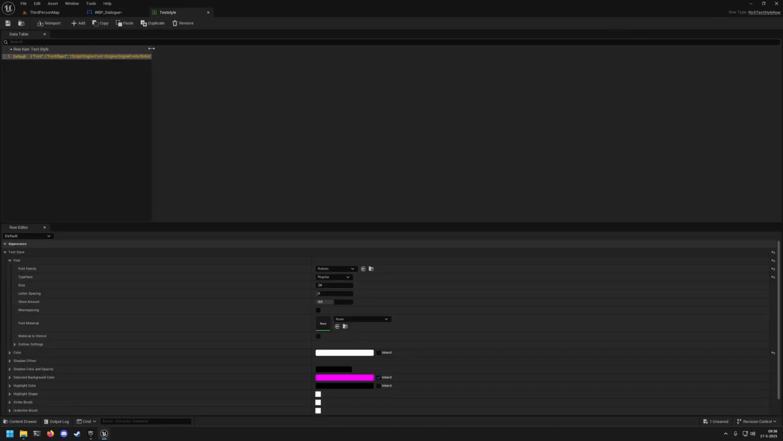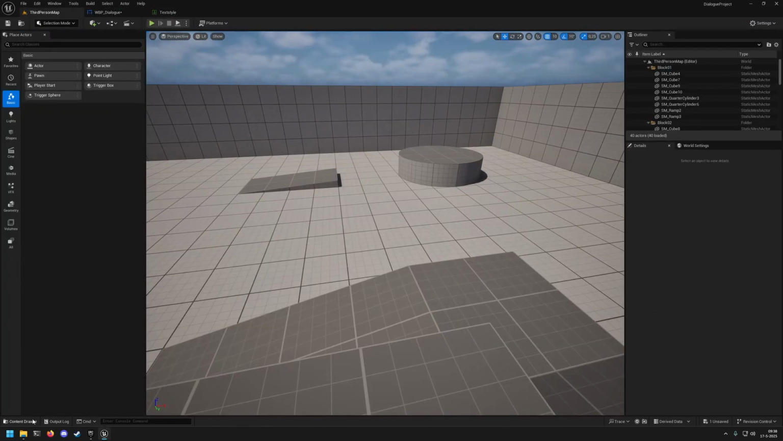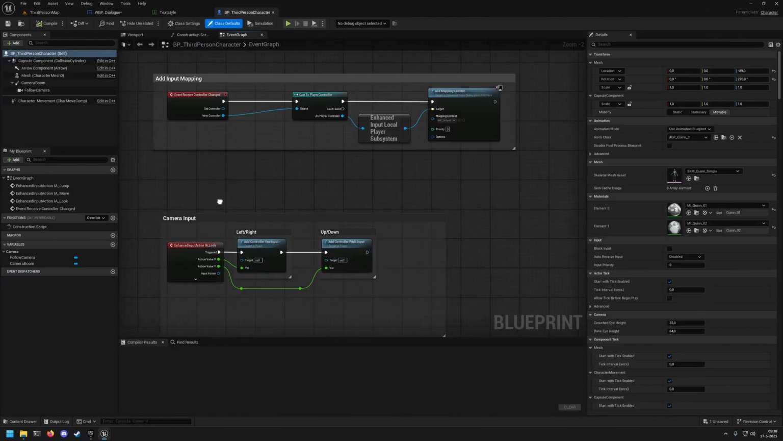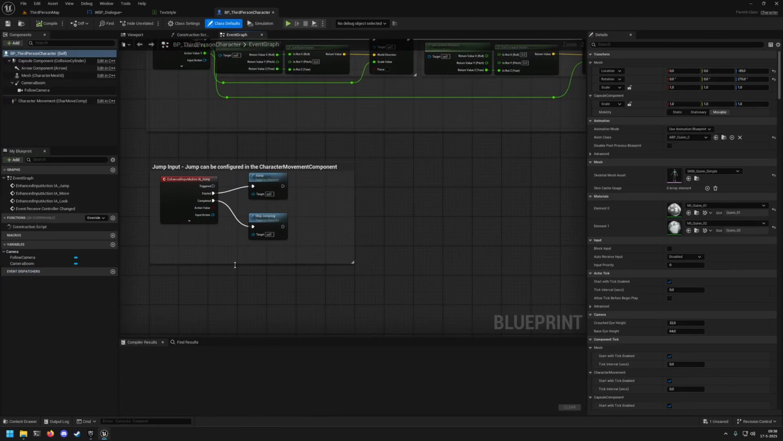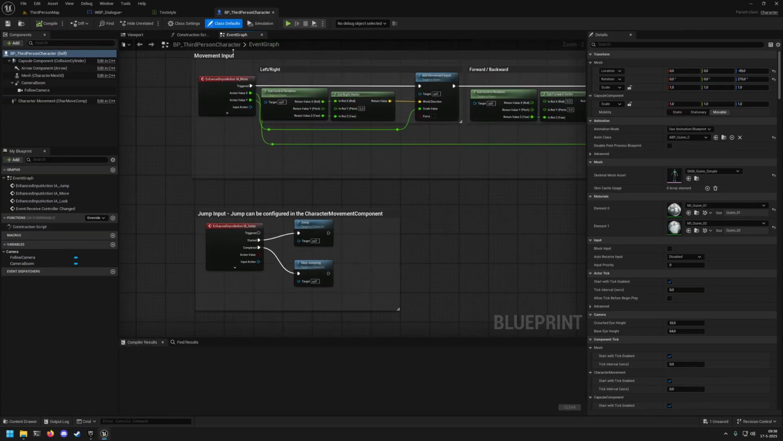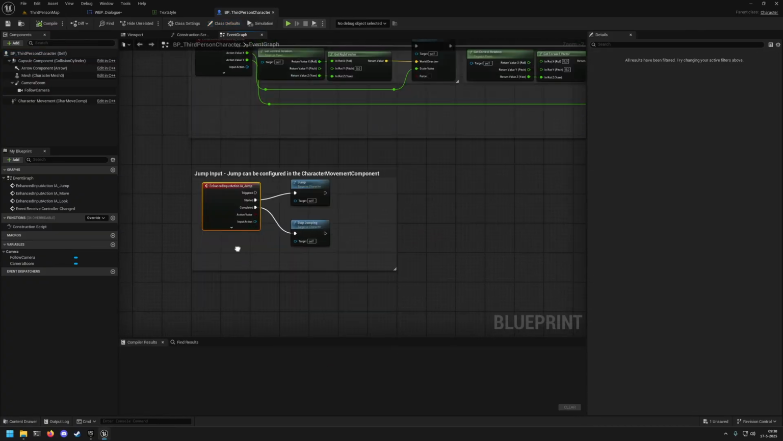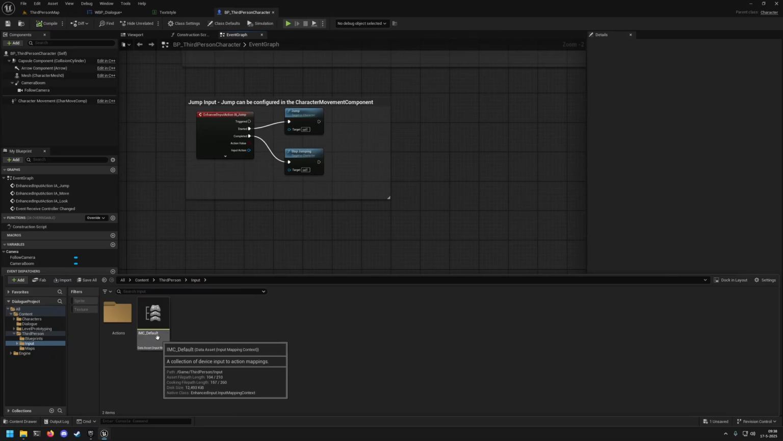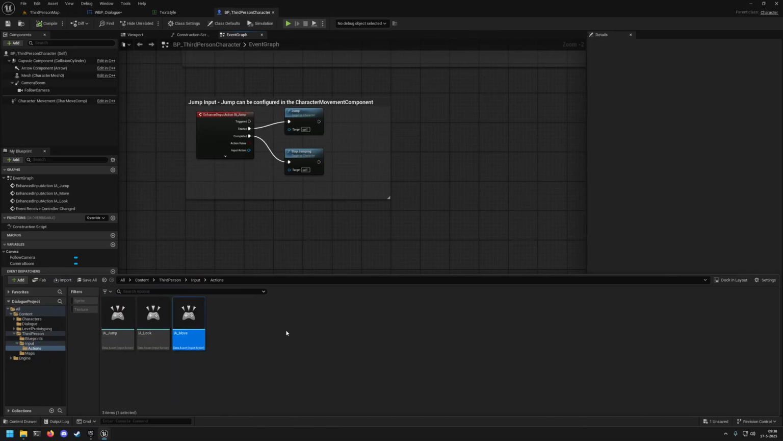But to actually spawn it in, we can go to our third person character. And I would like to add a new interact input to this. As you can see, we have all these different inputs. Let's add a new one. So in our input folder, we have the new input mapping context, and here we have actions. So if I copy this one, the move, and just say interact,